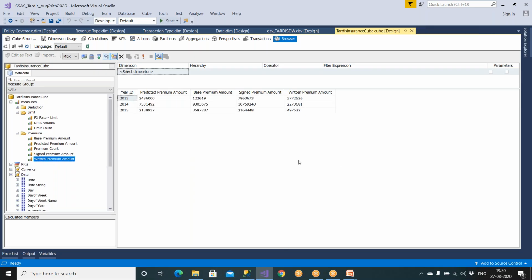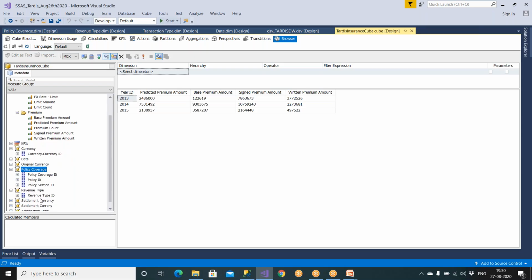We don't understand the meaning of this because I'm not the business user. I don't want to analyze these numbers because I'm a technical guy. I see the numbers, but I don't understand what the meaning of this is. So this cube will be given to the end user. The end user will be connecting to this cube with the help of an Excel sheet, but unfortunately I did not get all the columns from the currency, did not get all the columns from the original currency, and it did not have the minimum columns in the policy coverage. A lot of columns are not there because one step we were